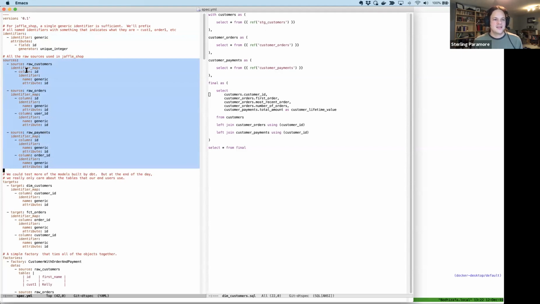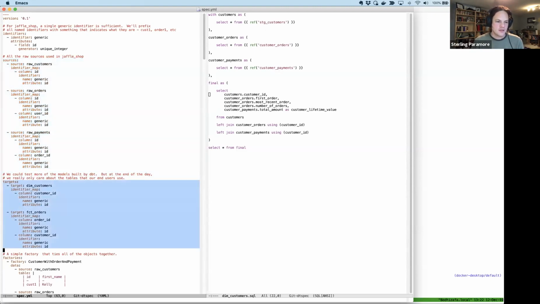Every one of them has a basic ID column that is, again, just a unique integer. And they also have foreign keys. The raw orders source has a column called user ID that links to the customer ID. And the same with payments, which has an order ID that links to the orders. So we mark those as identifying columns so we can describe them later in dtspec.